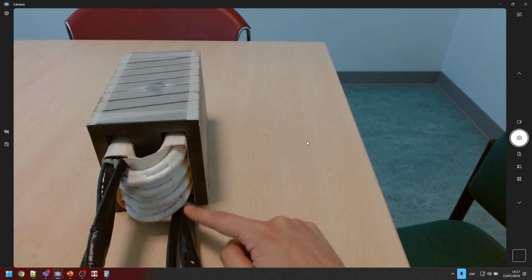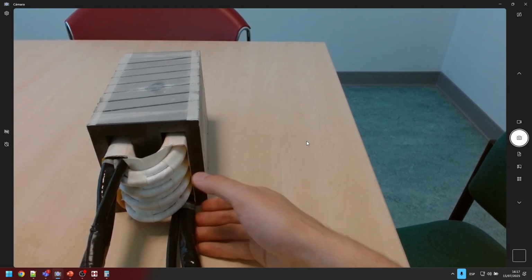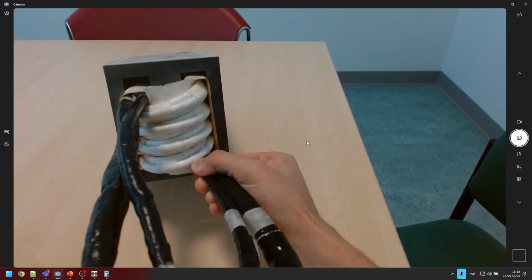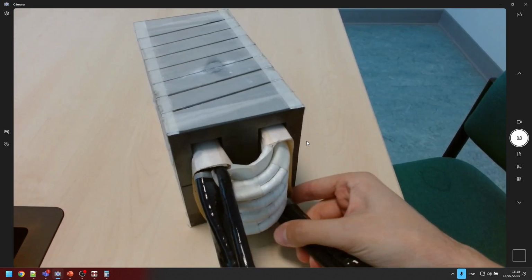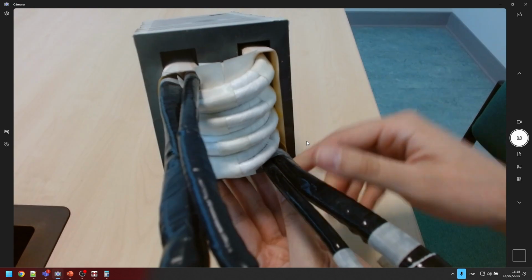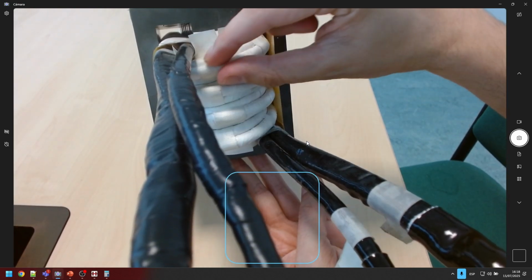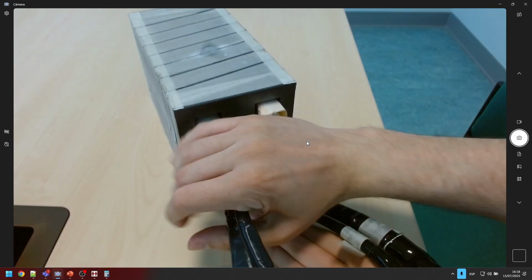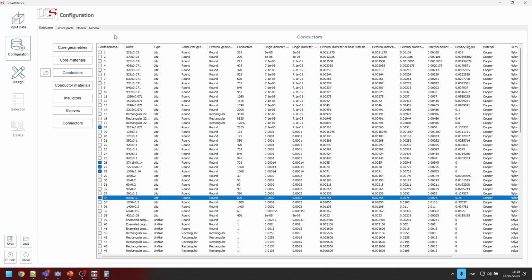And I know that it has 1, 2, 3, 4, and 5 turns. And I know that every turn is composed of 3 wires in parallel. I don't know if you can see that on the camera. I will try to focus it closer, but every turn is composed of 3 wires with this Vitrion tape composing every single turn, okay? So we know it's 5 turns of 3 wires each in parallel. So we can set that as well in our application.